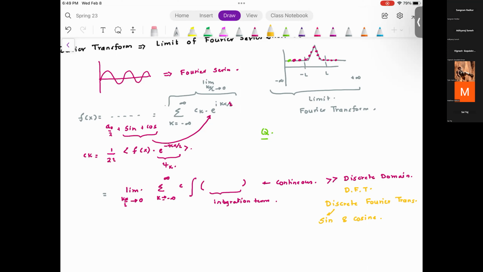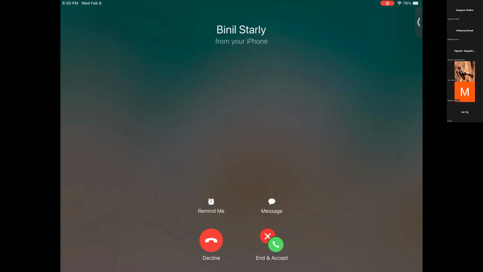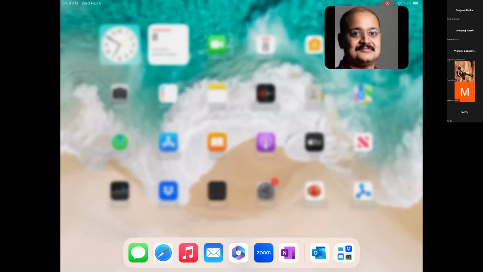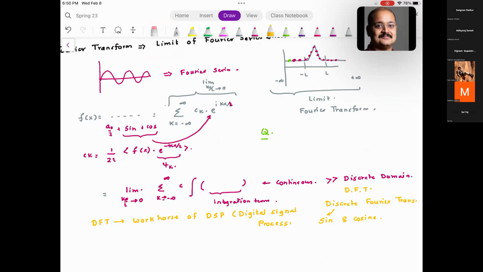So please understand, the discrete Fourier transform, or DFT, is the workhorse of signal processing, or digital signal processing, DSP, which is called digital signal processing. And when we look at SVD,